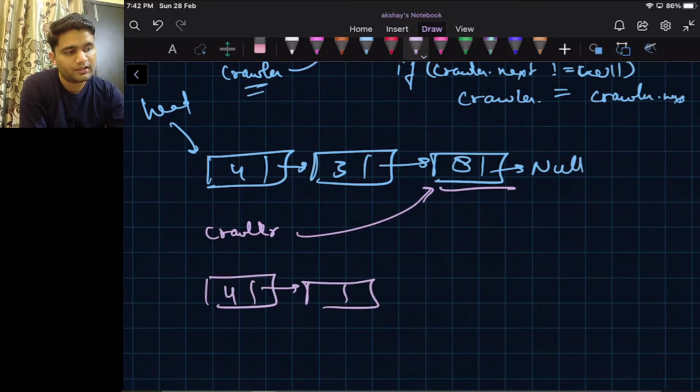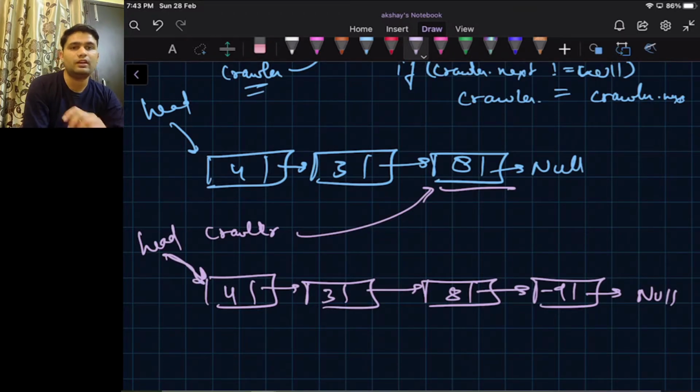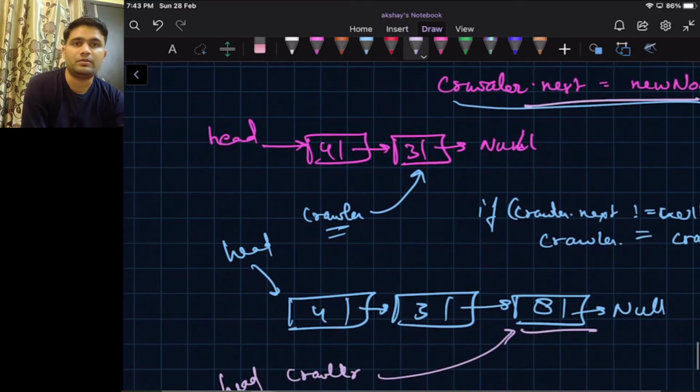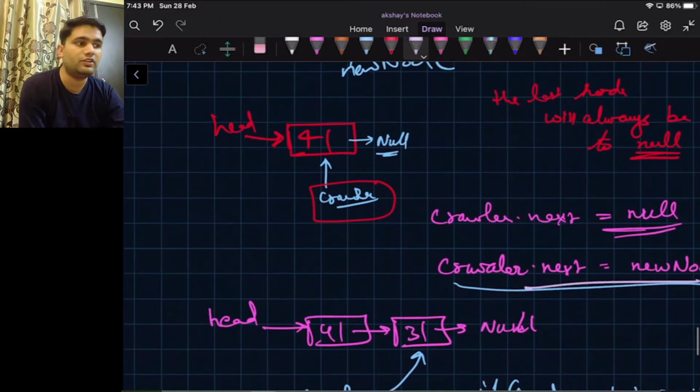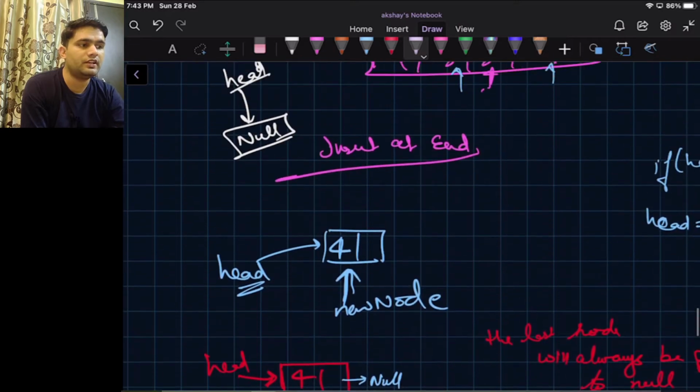So after that the linked list will look like this, and this will be head. Okay, so one important note here, that we can never change our head pointer. If we change our head pointer, the nodes which were at head will be lost if there is no pointer pointing to that node. So always remember that before changing your head pointer. Okay, so this is insertion at the end.